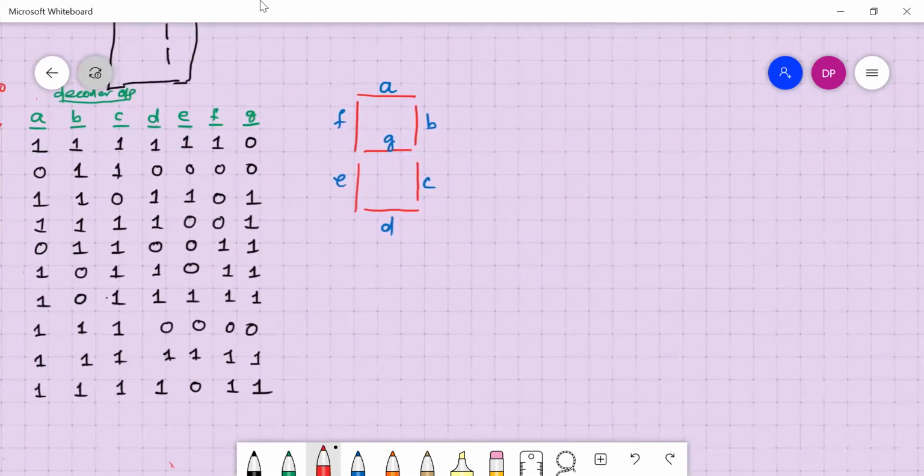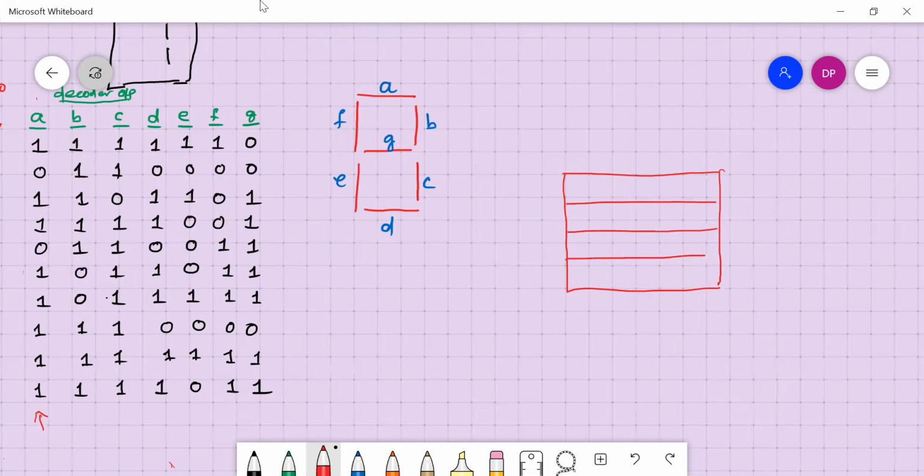Now we will make a circuit. We'll make a circuit, or we will get an expression for small a. Okay. Like I'll do like this. Similarly, we'll get the expressions for small a, b, c, d, e, f, g with respect to the